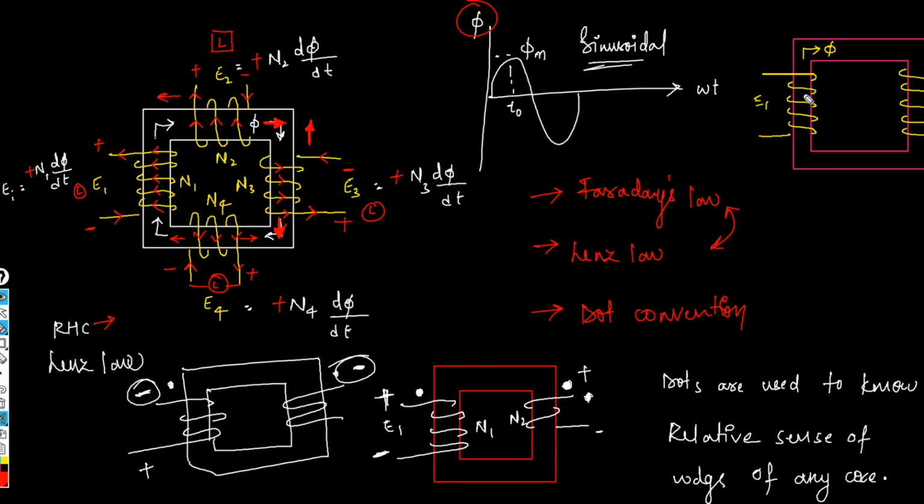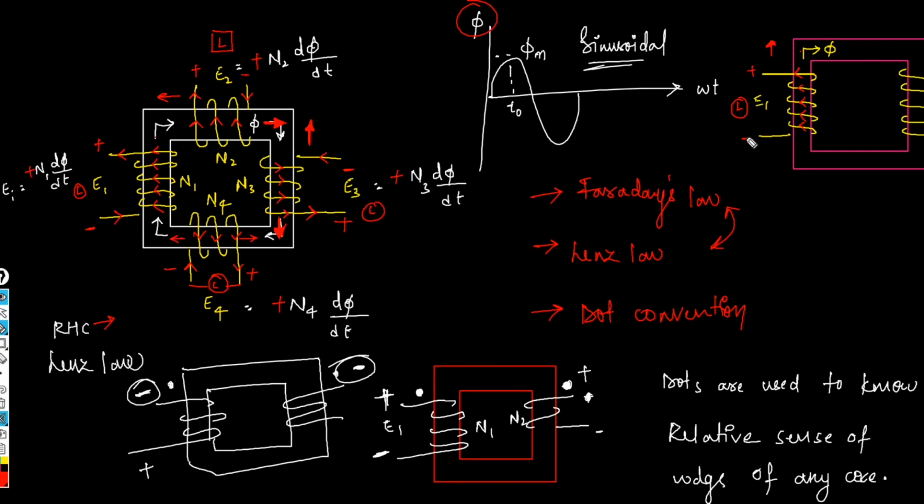So if the original flux is in this way, then the current flowing will be, for simplicity, I will explain once again. If this is the original flux, place your thumb opposite to this particular flux direction, which is responsible for EMF induction. If your thumb is in this way, then the curl represents your current flowing through it. So this will be plus and this will be minus, as I assume a load here.